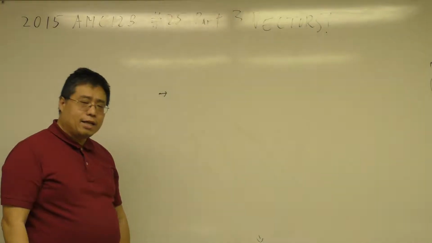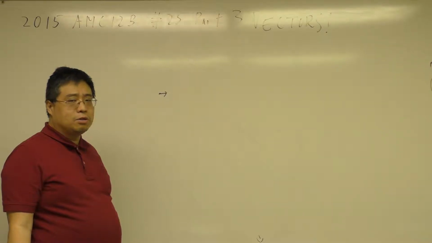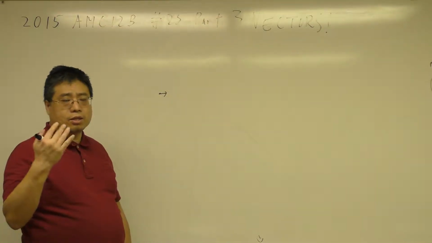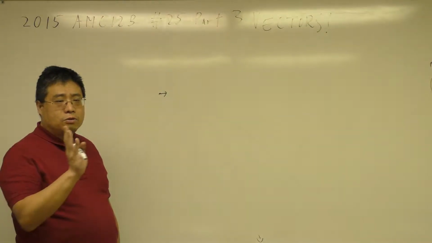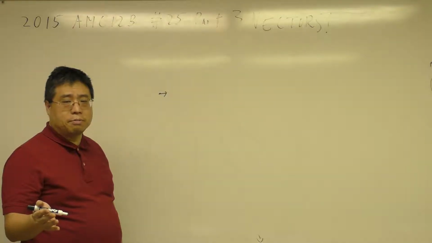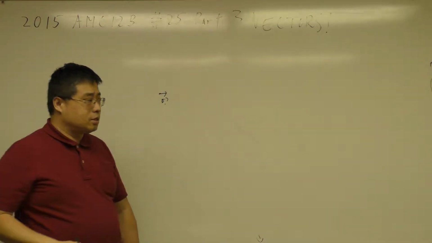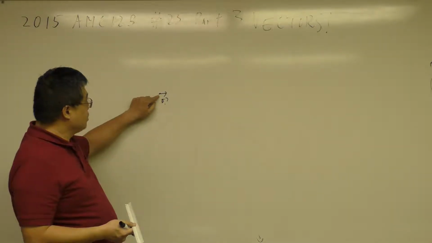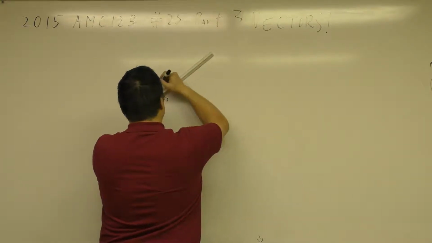Since we're just adding vectors, you can initially draw all the vectors with the tail at the origin, because when you're actually doing the addition, you can move the vectors around to perform the head-to-tail method. So for convenience, let's put all of them with the tail at our origin. So that's our D1,